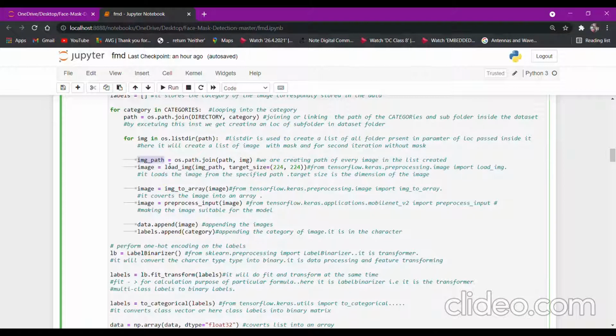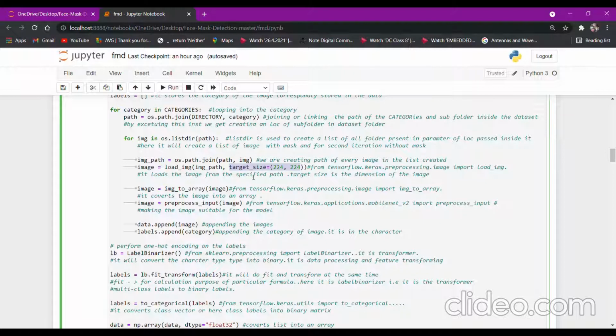In order to load the image, we need this image path. The image path is again passed as a parameter into load_img. Here we have set the target size as 224 by 224. Basically this represents the dimensions of the image, that is the width and the height of the image.